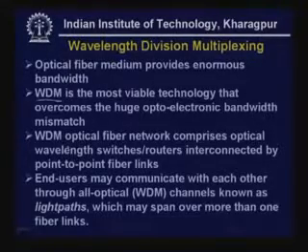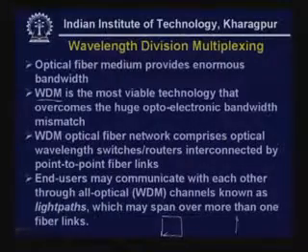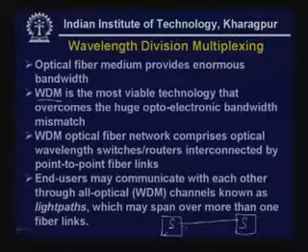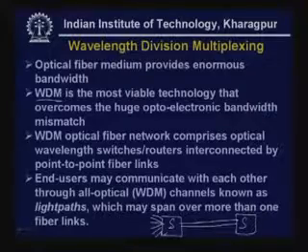A wavelength division multiplexing optical fiber network comprises optical wavelength switches or routers interconnected by point to point fiber links. That means there are switches and routers. So you have a switch or router, and you have an optical fiber cable, and then this switch can receive a number of signals, and the switch can also separate out a large number of signals. So, this is how it is being done, and this is your optical fiber